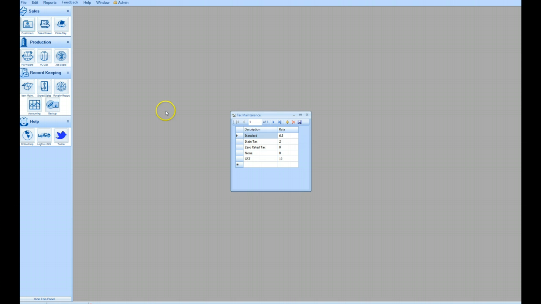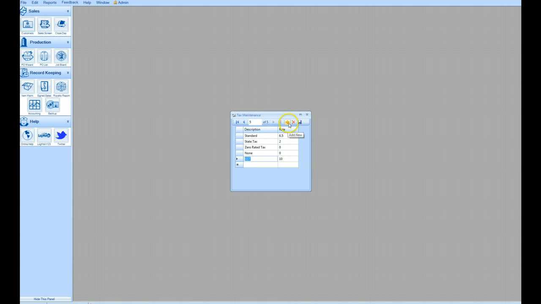The next one that we're going to play with is tax maintenance. Again, this should only need to be done once, and that's when we initially set up your store. And either myself or Julian or whoever your operations advisor or marketing advisor is that does your setup should set you up with the correct tax rate. As we've got in here, GST 10%. So if for any reason GST rate changes over time, just come in here,